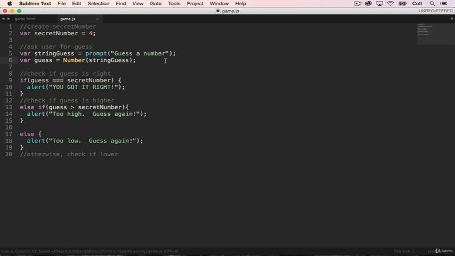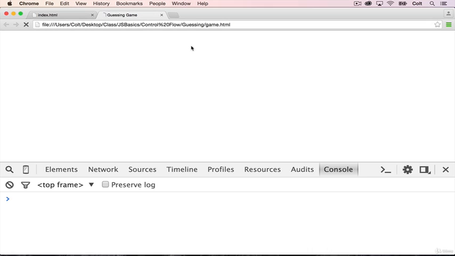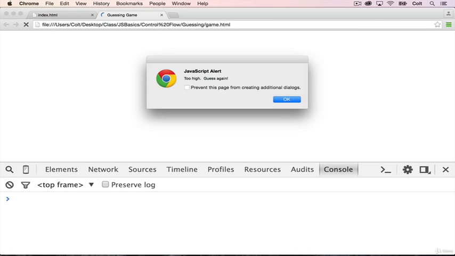So it's more explicit to do it this way. So we get the string guess just from prompt, it's a string. Then we turn it into a number and save it to a variable called guess. And then we're using that variable called guess. So just double check it still works. Too high,